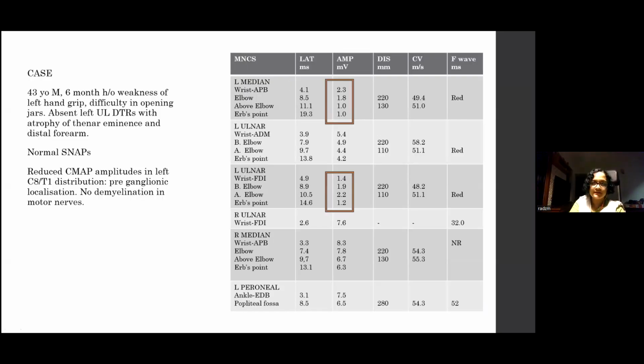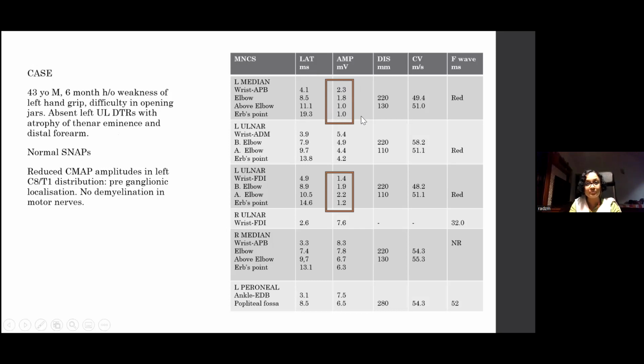So we're almost nearing the end of our motor neuron assessment. This is again a 43-year-old male with left hand weakness this time, no real sensory symptoms. So very LMN, absent upper limb deep tendon reflexes, atrophy is present, normal sensory nerve action potentials. So now we're used to it. We know it's preganglionic. Reduced compound muscle action potentials in left C8, T1. So you can see this is T1, and because it's a pure motor LMN syndrome,